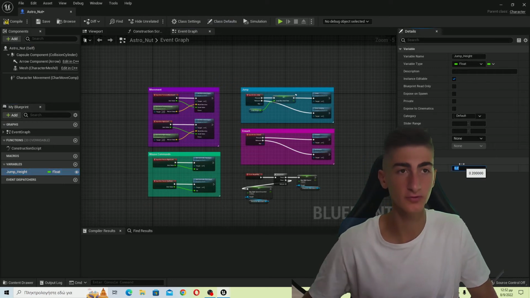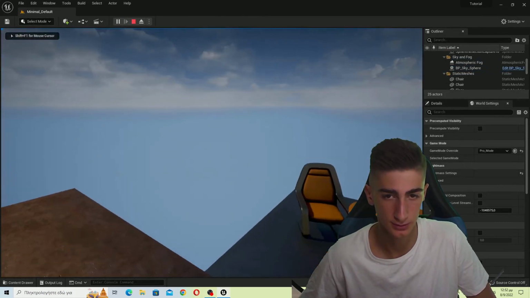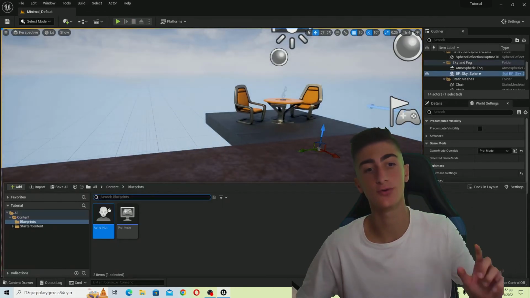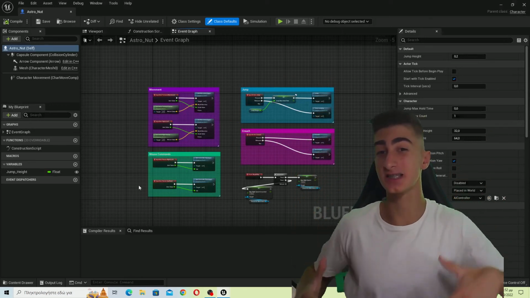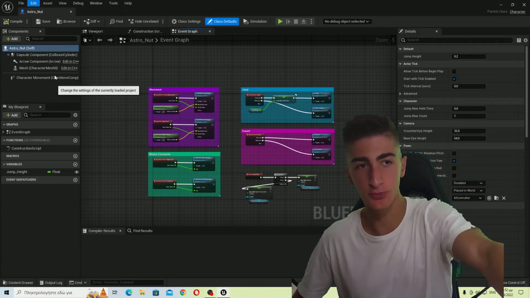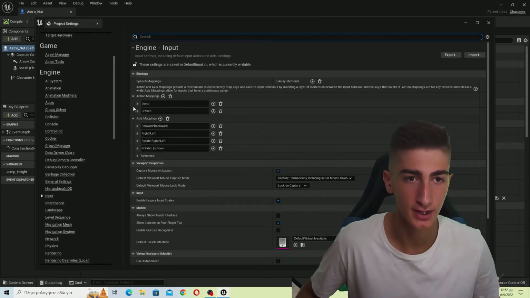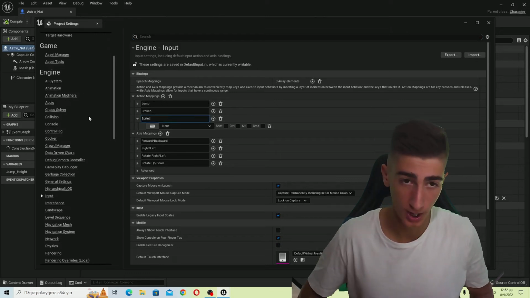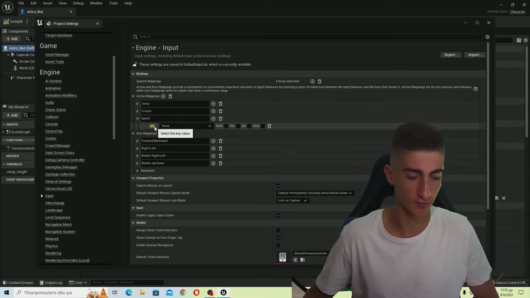Hopefully this worked for you guys, and actually no, I'm not going to end this tutorial just now. First of all, I'm going to show you something else. Let's see how we can sprint now. It's actually very easy. This is a bonus thing. Go over here to project settings, input, and then action mappings, just plus one, and then sprint or run or whatever. Sprint,